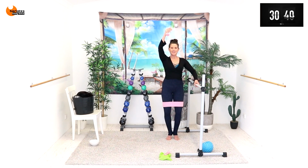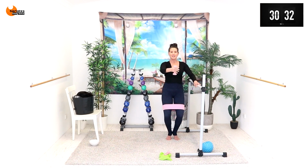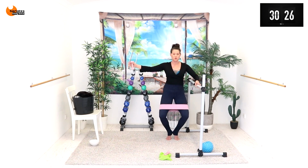2 and 1. Now stay down and we're going to push our knees back as we open our arm. Out and in, out and in. Keeping a bit of a bend in that elbow. Push back with those knees. Push against those heels. 5, 4, 3,